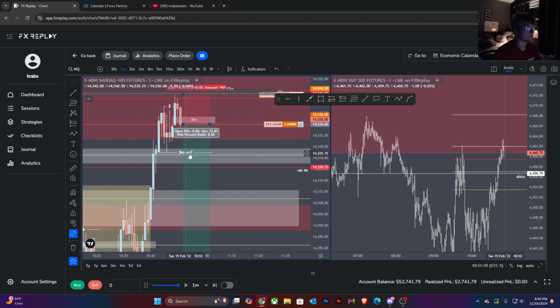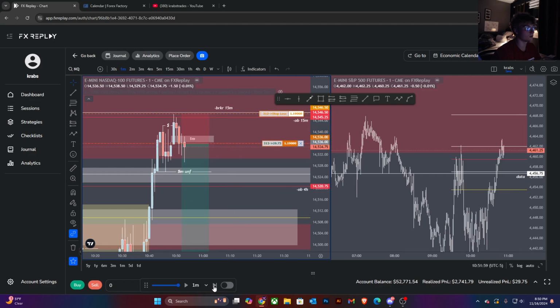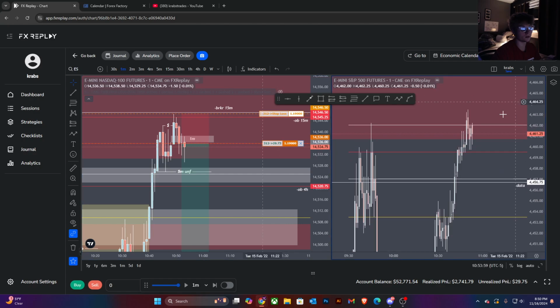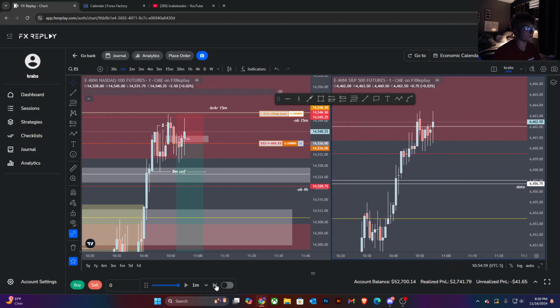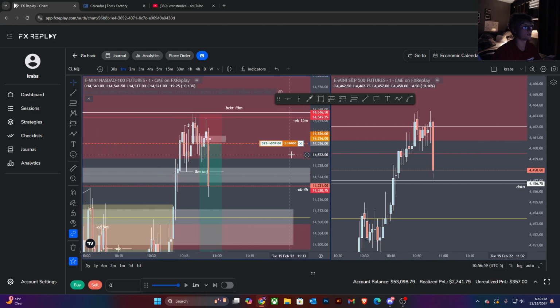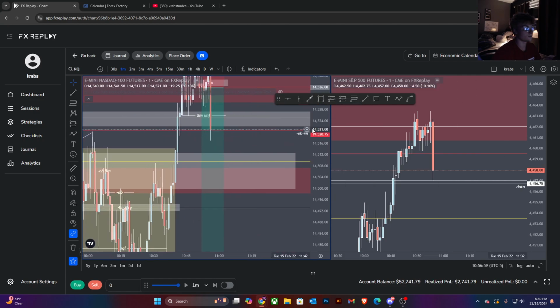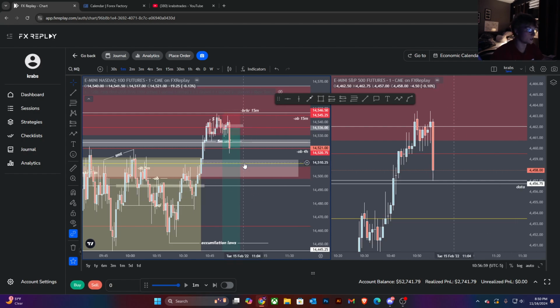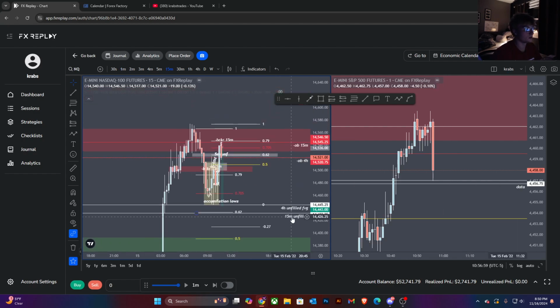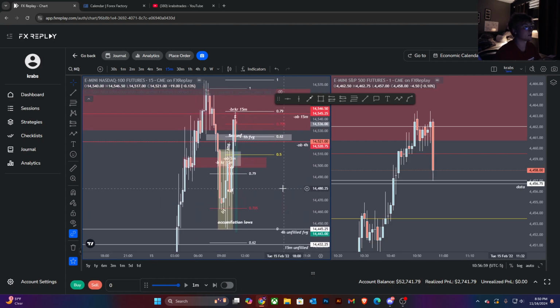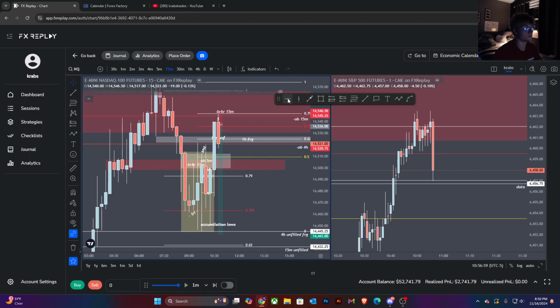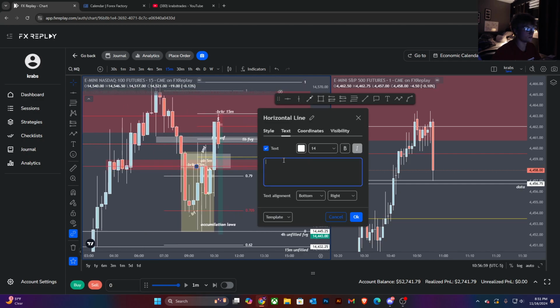Right here, I'm going to break even at this 5-minute unfilled, and we'll take a partial at that unfilled for value gap. Bang. Alright, taking partials here. 50% of my position off there. This is equilibrium, I believe. Do I want a partial there? Maybe. This is also here, plus CISD 15-minute.